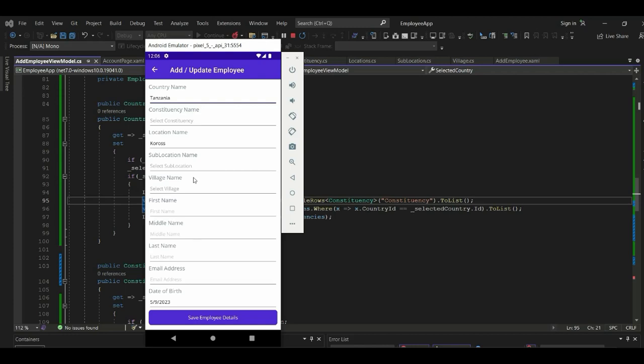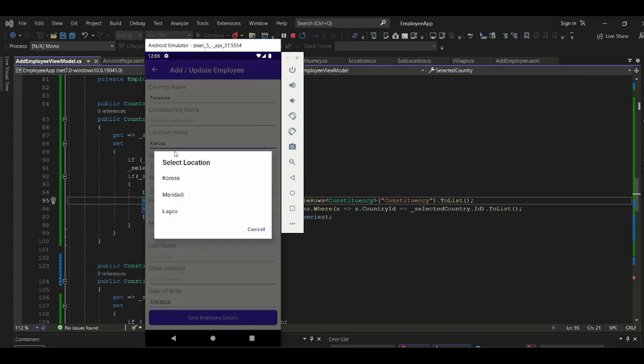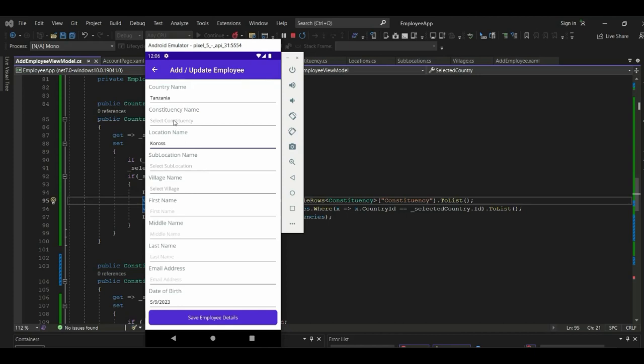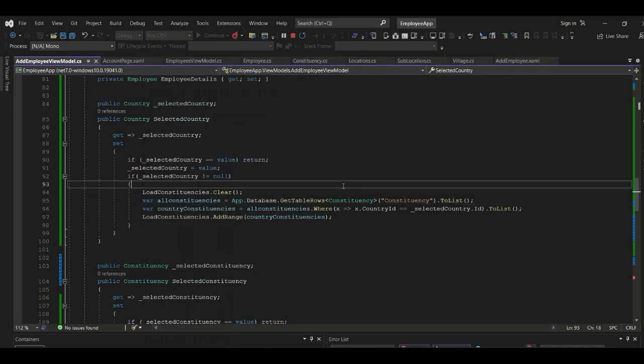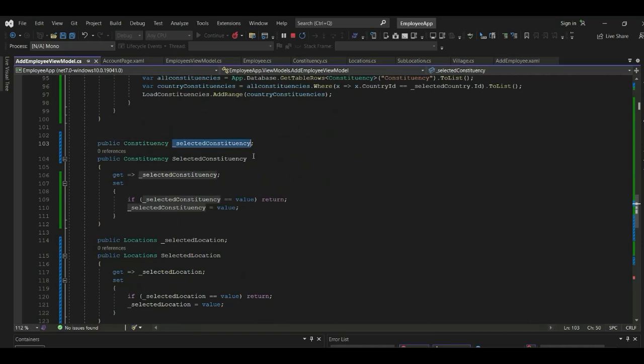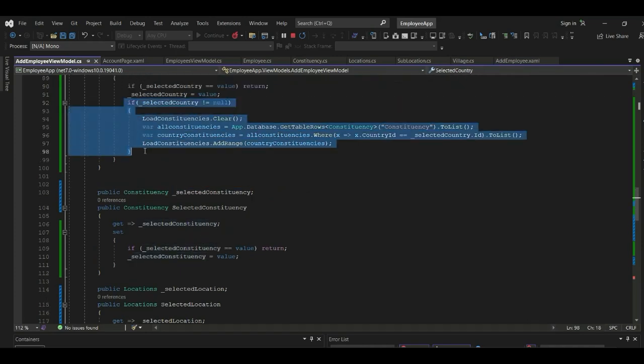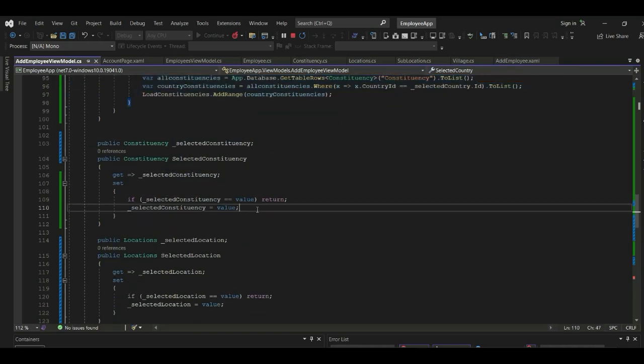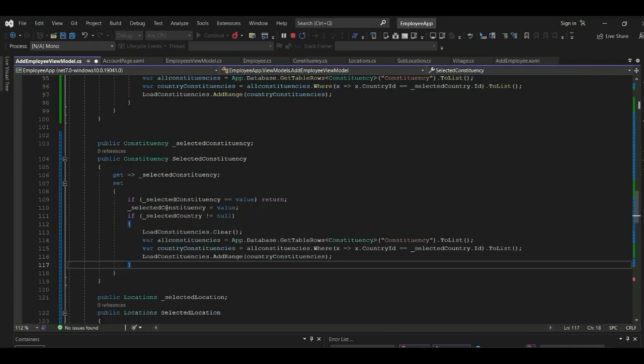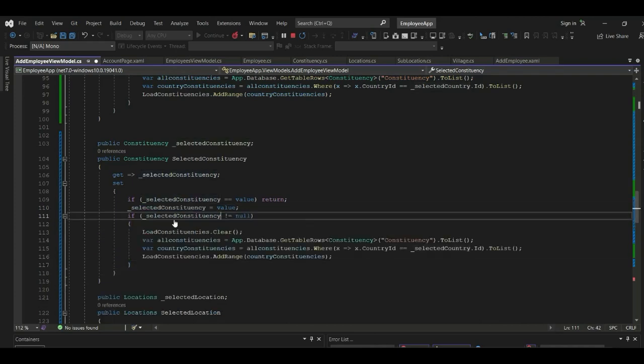As you can see, under locations, we have everything. We need to also filter the locations based on the constituencies. So we'll come to the selected constituency. We can just copy this, then paste it here. We check if the constituency has been selected. This is where we are checking. Then we need to load